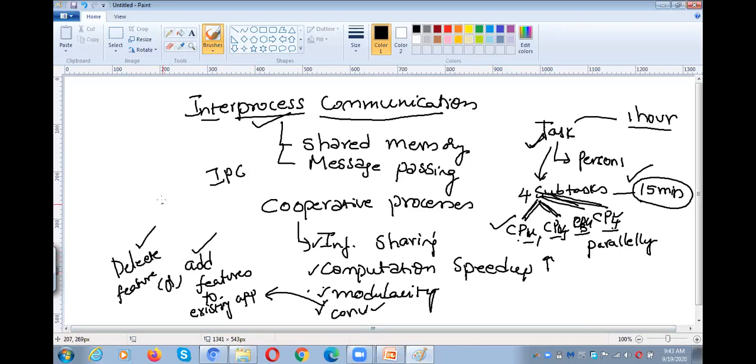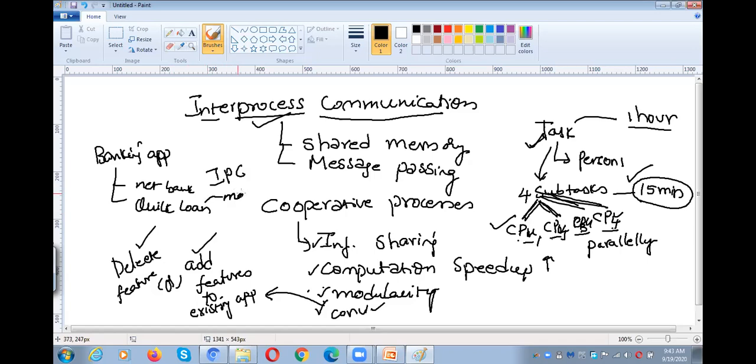The best example is the banking sector. As I told you earlier, the banking application consists of different modules. Earlier there was no net banking, now we have a net banking facility. Earlier we didn't have quick loan, now you can take the quick loan by using a mobile app.